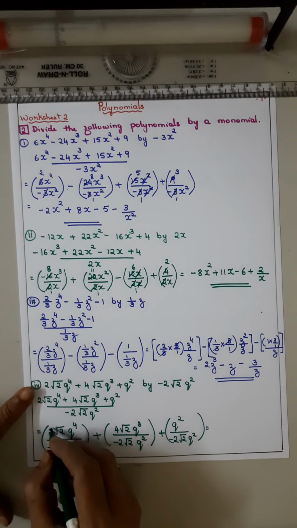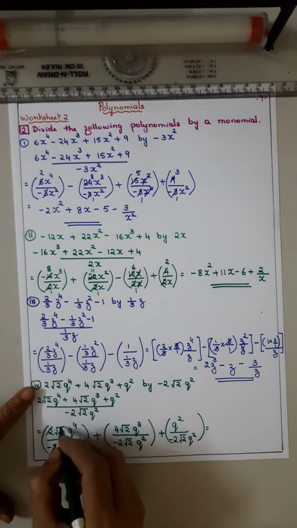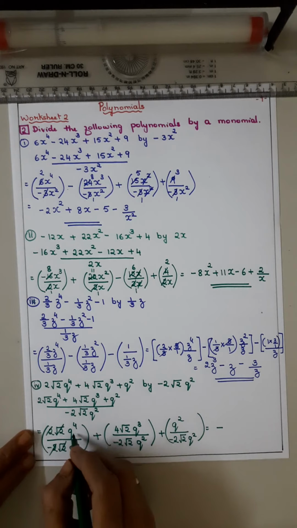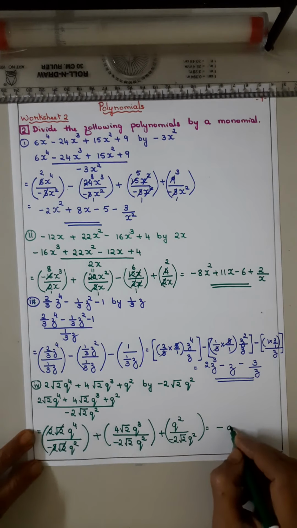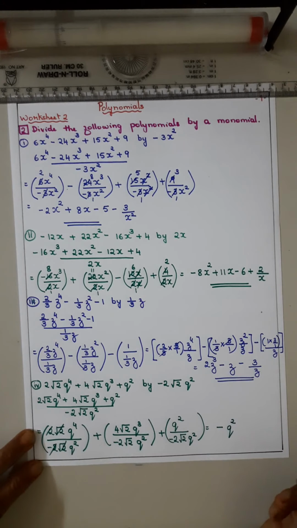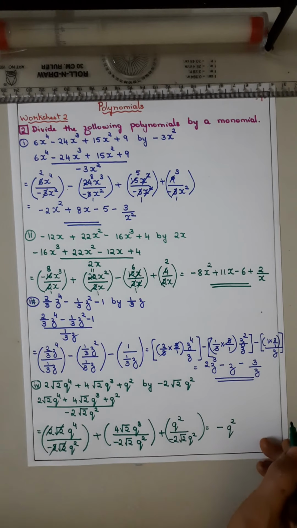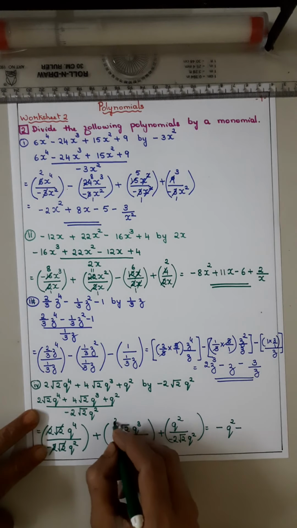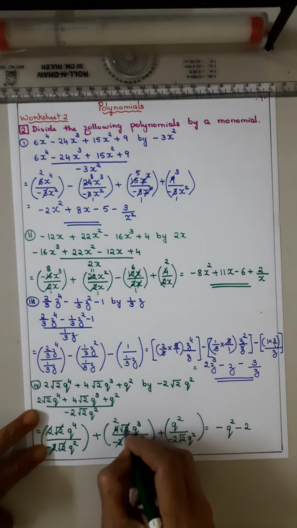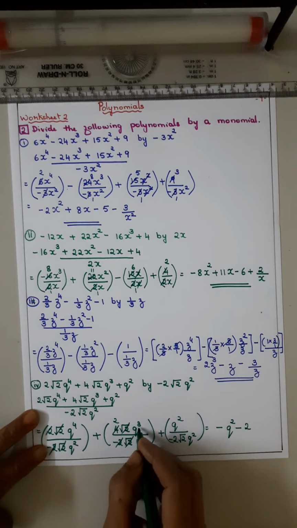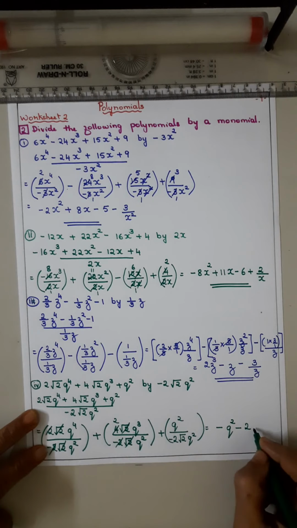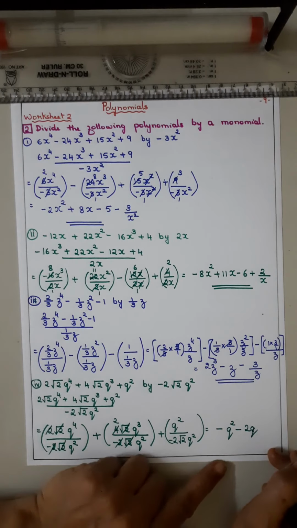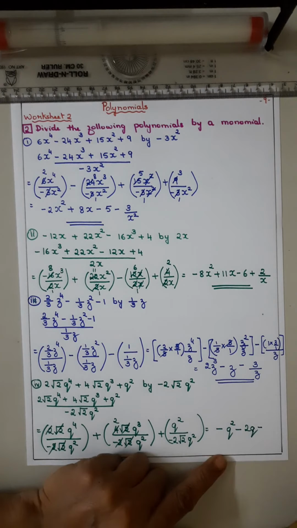Now 2 cancel, root 2 cancel. Sign is minus. Now q to the power 4 upon q squared, 4 minus 2, 2. So you got minus q squared. Now here plus upon minus is minus. 2 ones are 2, twos are... root 2 cancel. Now q cube upon q squared means 3 minus 2 is 1. It is q. Now plus upon minus is minus.